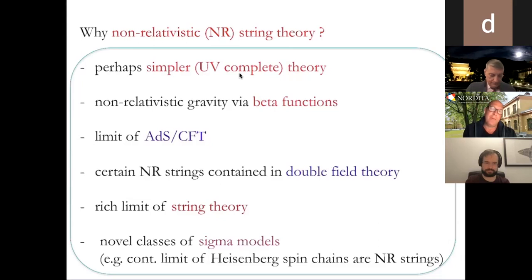Another interesting reason, which was found about 2 years ago, I think, is that doubled field theory, which is a nice approach that I guess most of the people here have heard about, doubled field theory and exceptional field theory. It's a nice approach to study non-geometric backgrounds in string theory. It actually is closely related to non-relativistic strings and was shown to be contained in this larger framework.